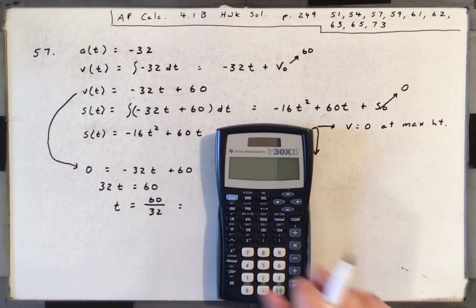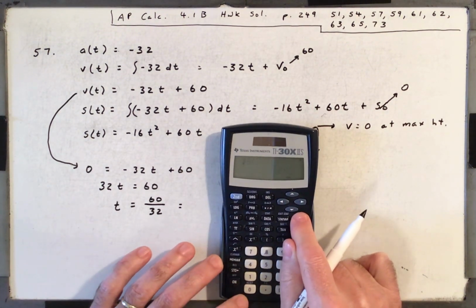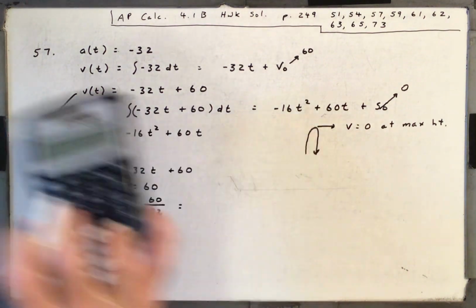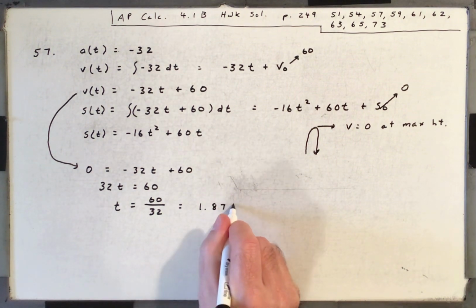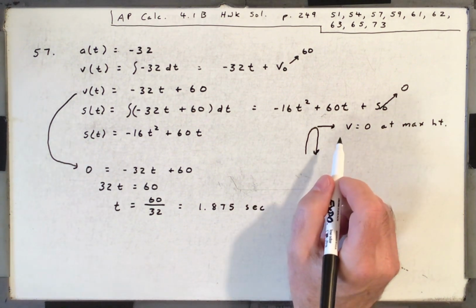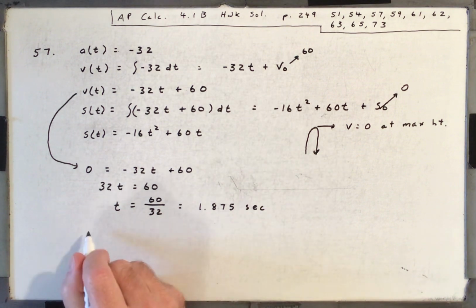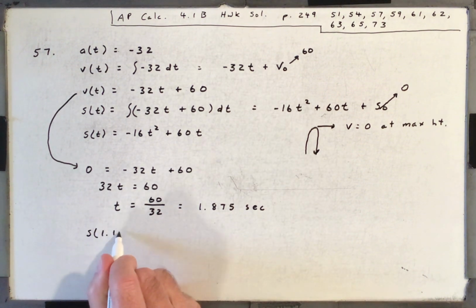So that's, what, a little under 2 seconds. At 1.875 seconds. So that's the time it takes to get to maximum height. But the question is, what is the maximum height? How high will the ball go? So we can get that by finding S of